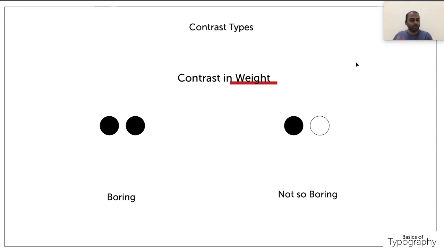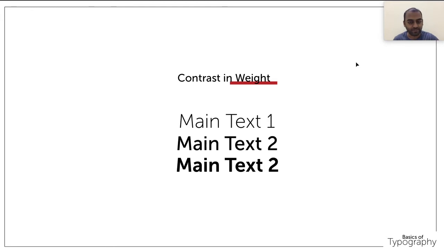One is boring and the other not so boring. I will not say that contrast in weight is a great thing; instead of becoming boring, it will be a not-so-boring kind of thing. So what is contrast in weight? For example, main text 1 is regular, main text 2 is medium, and the third one is bold. So instead of going with the same pattern, meaning the same weight,